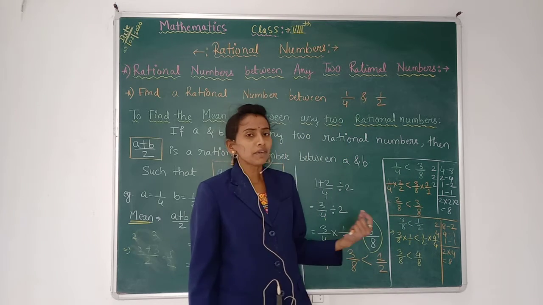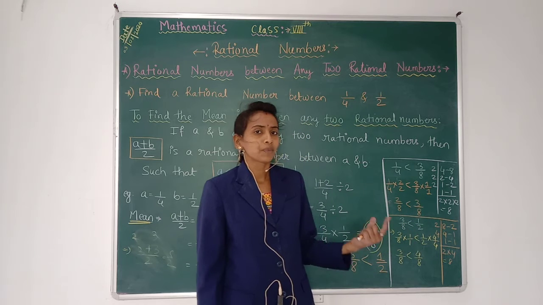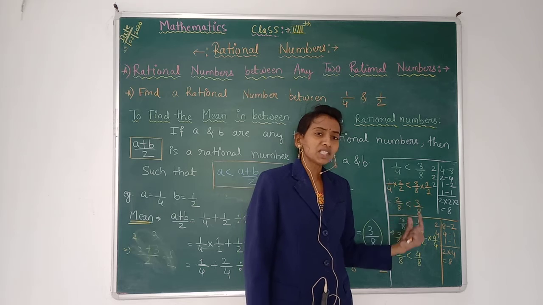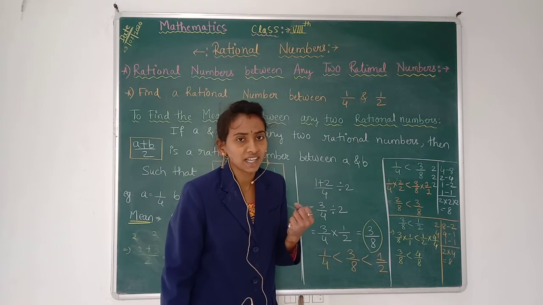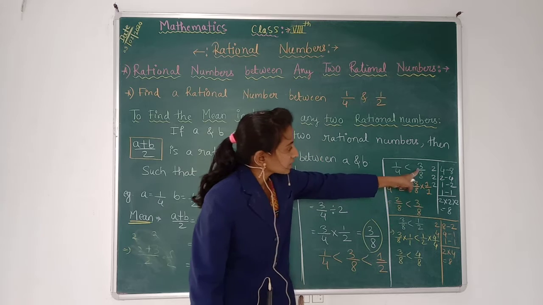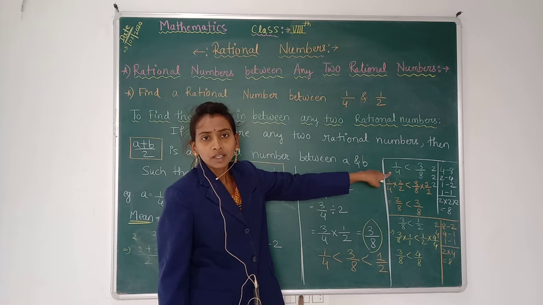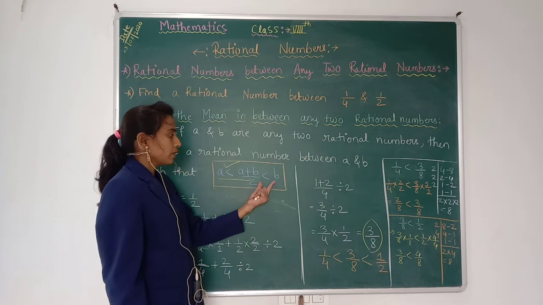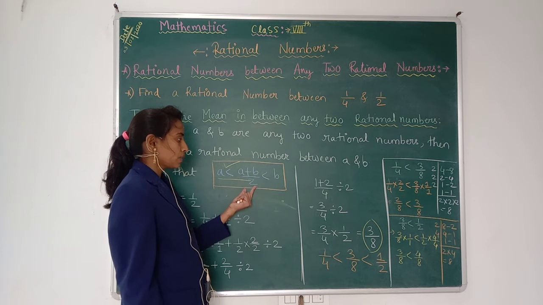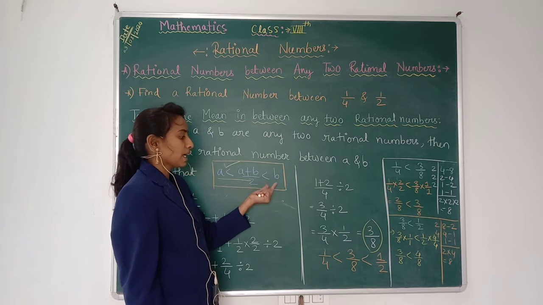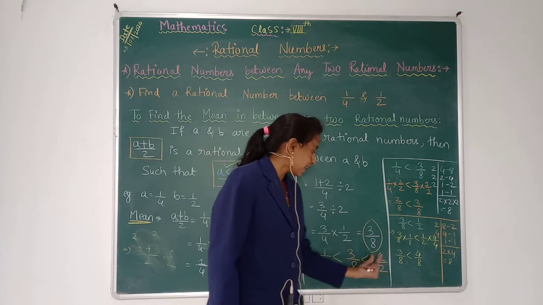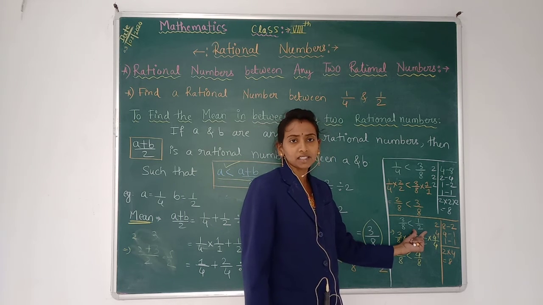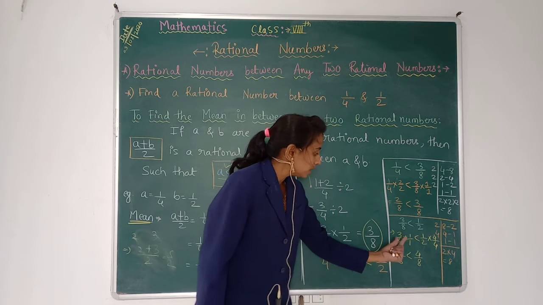See, here we have the same denominator, 8, and towards the numerator here we have 2 and here we have 3, which one is greater? 3 is greater, so 3 by 8 is greater than 1 by 4. This means this also holds good, and again we will check for this also, that is a plus b divided by 2 is less than b. That is 3 by 8, the middle point we got, which is less than the second rational number, 1 by 2.